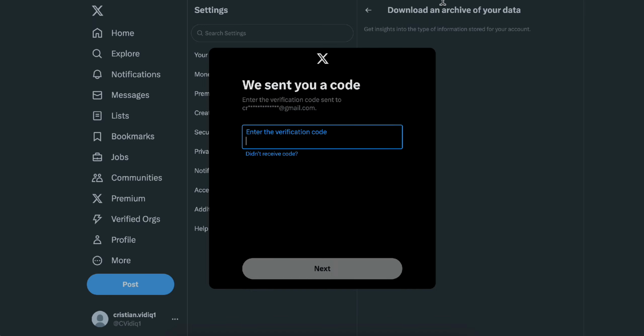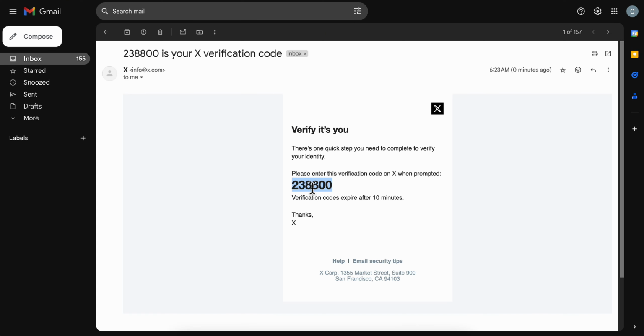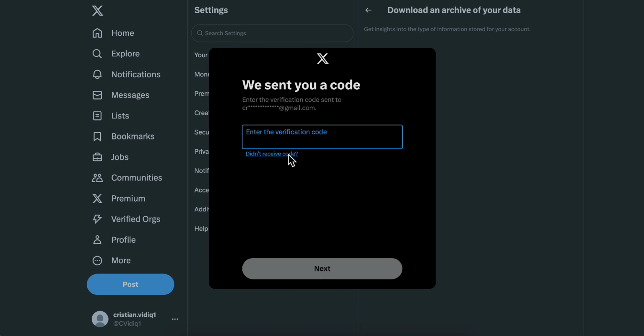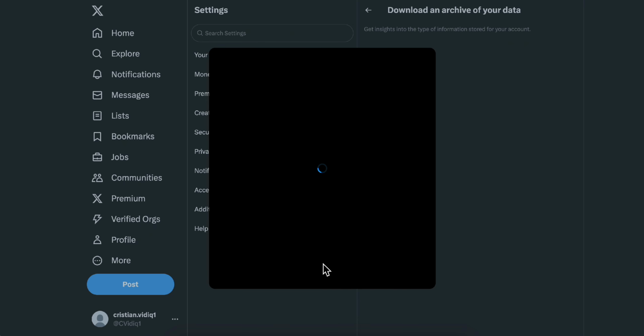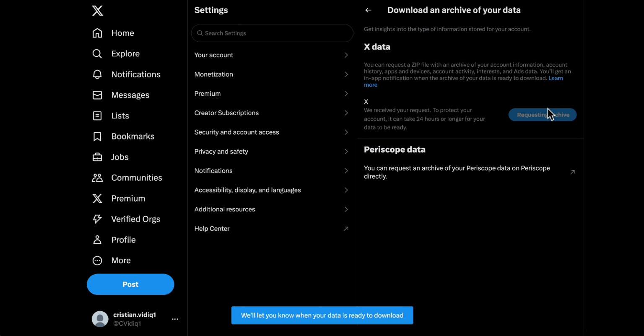You're going to receive a code on your email. So as you can see, I just received the code. So I'm going to copy this and paste it right here and then click on next. And basically what we have to do is simply click on request archive, and basically they're going to send us